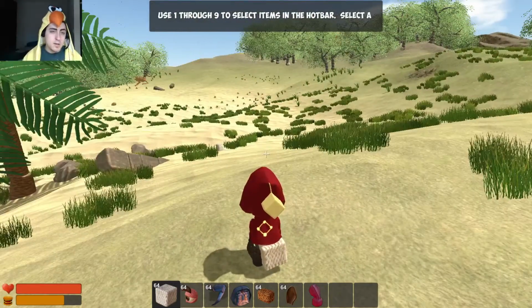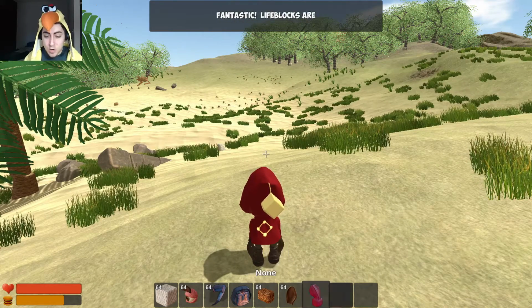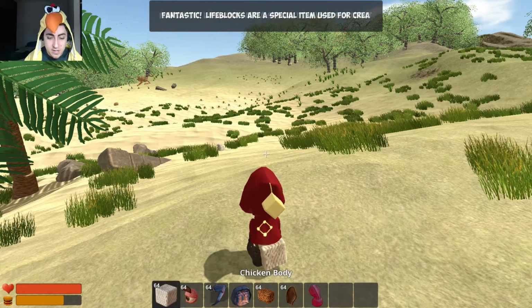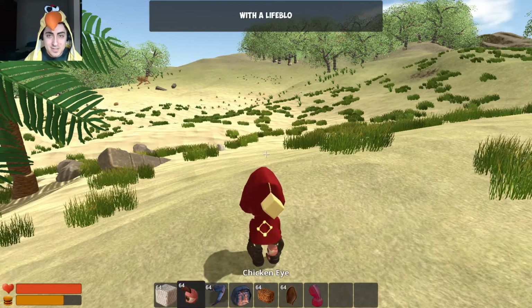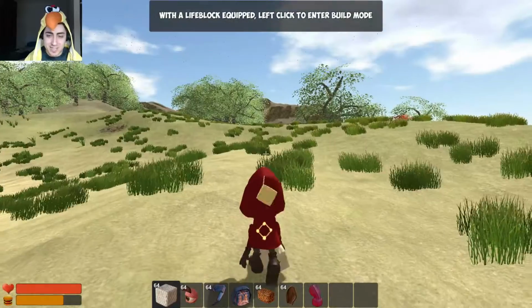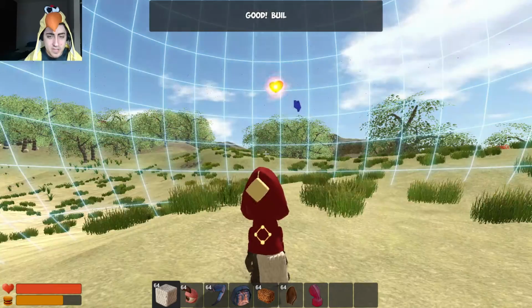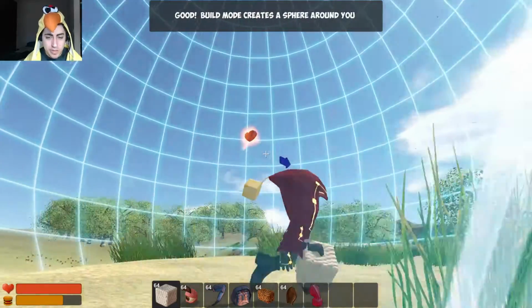So use 1 through 9 to go through the hotbar, or easier for me, I just use the scroll on my mouse. So with the life block equipped, left click to enter build mode, and like I said, this is what makes this game very unique. So left click and this heart comes up with an arrow. You'll see